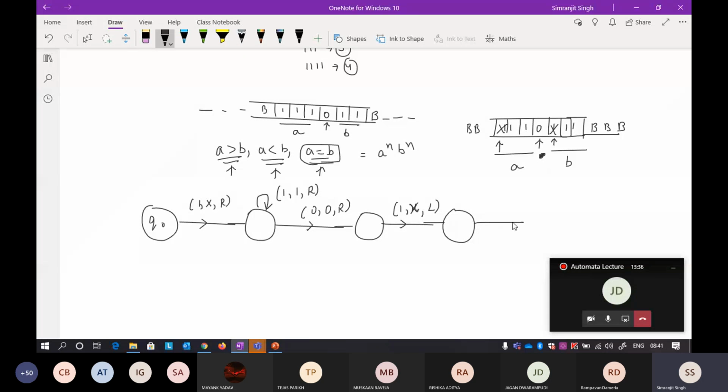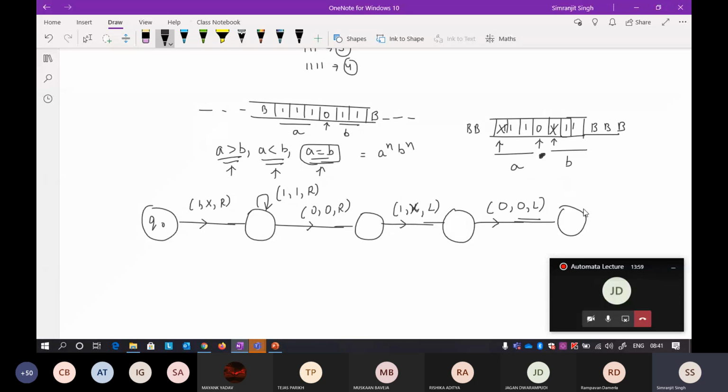So that is why I'm writing it on this arrow. So only one time I will get a 0. That is why I'm writing it on an arrow, because the 0 is only present one time. So when you get a 0 here, you again keep the 0 as it is and keep moving left. Now when you are here, you will start to see your ones and your x's.